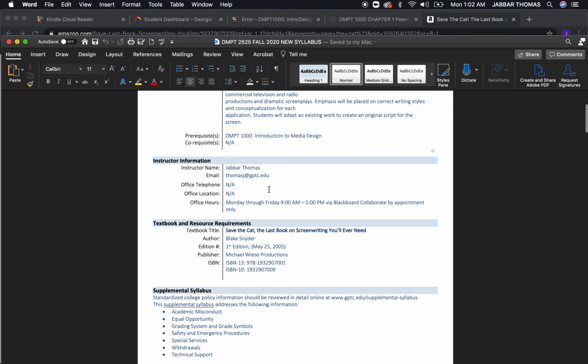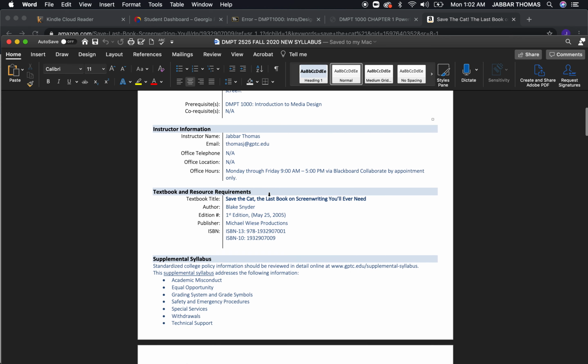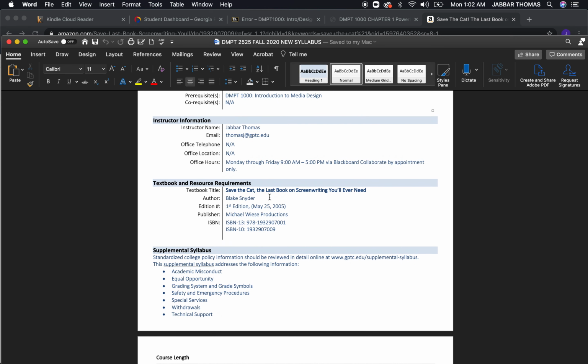As you can see, that's my name and email address right here. We're going to be online for the entire semester, all 17 weeks, considering that we have to make up for the Thanksgiving break and the one day off for Labor Day. But we'll never meet on campus.